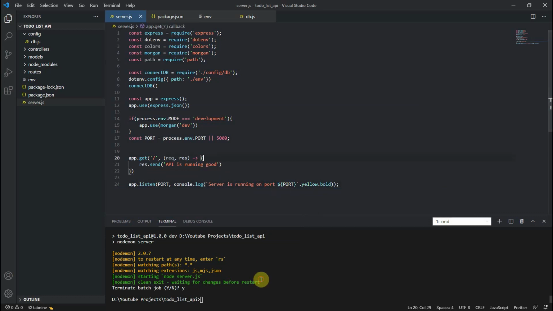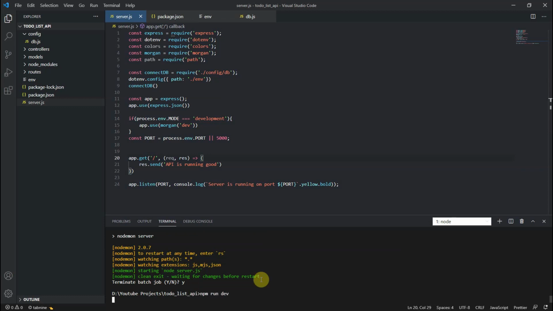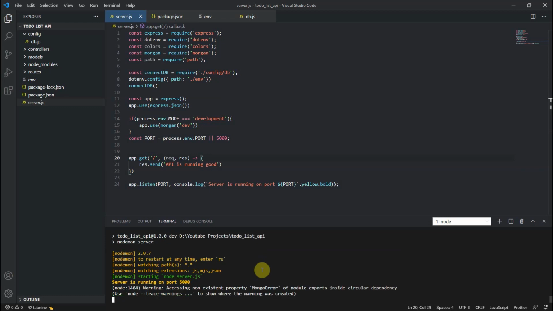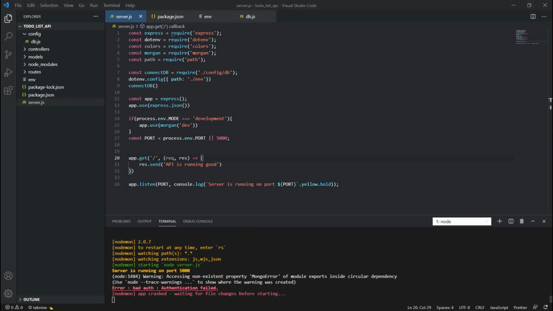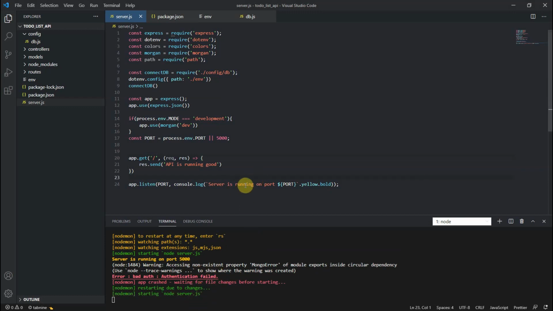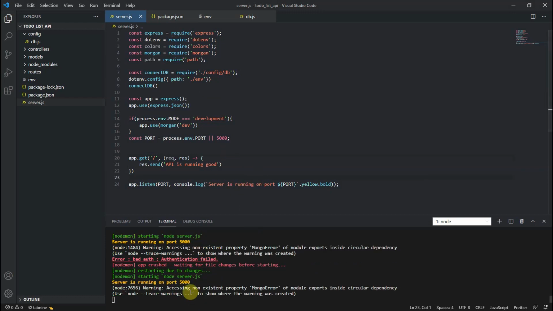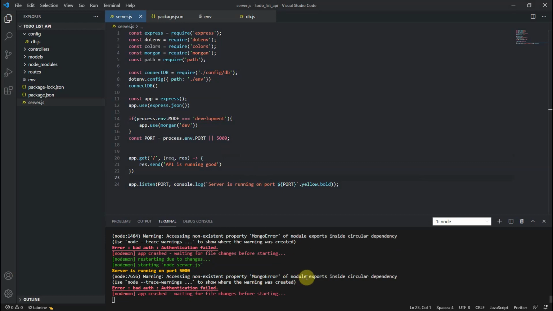Okay, so now I am starting the development server, npm run dev. Let's see. Bad authentication failed. Okay.